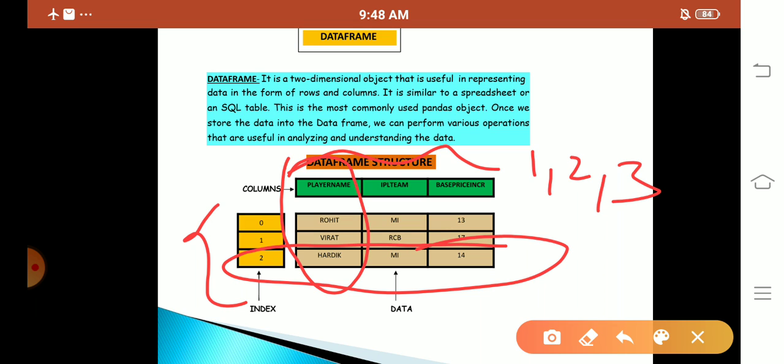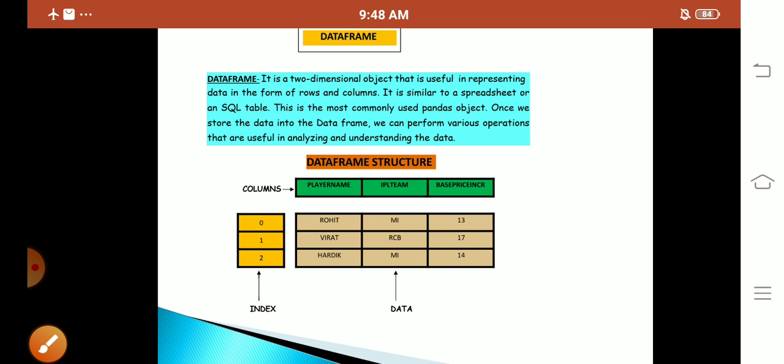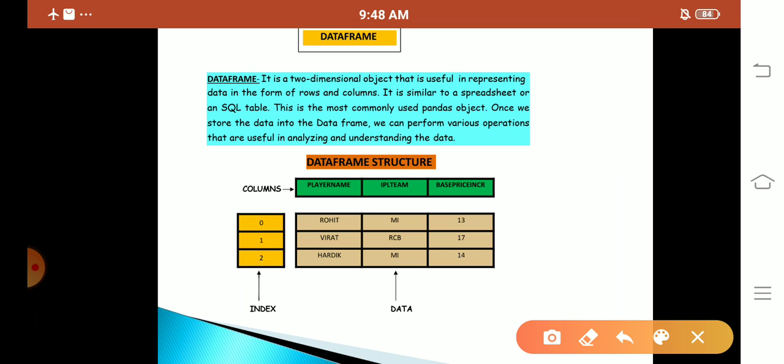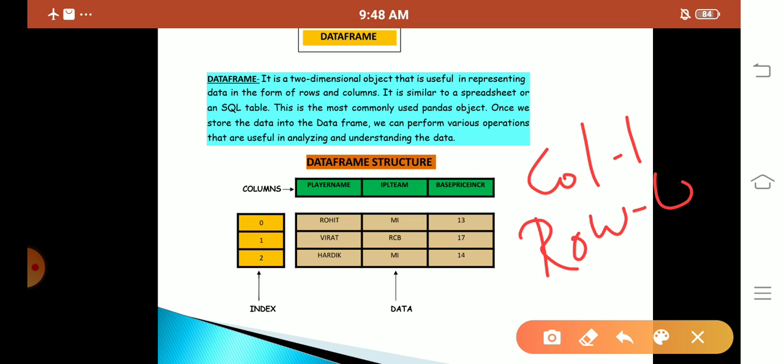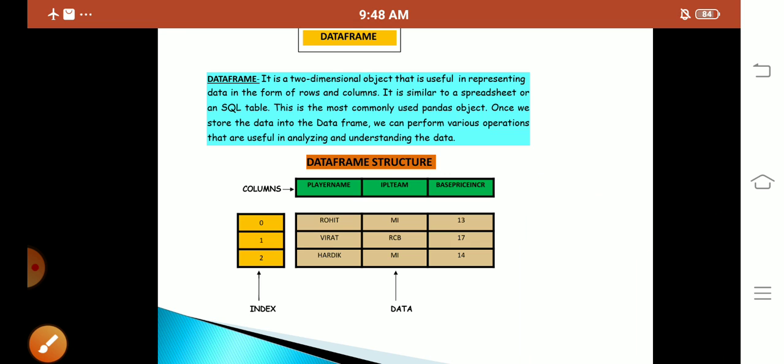For columns the index starts with 1, and for rows the index starts with 0. This thing you should remember. For column we use starting index as 1, like player name is stored in index 1, and for row we use 0 index for storing our values.